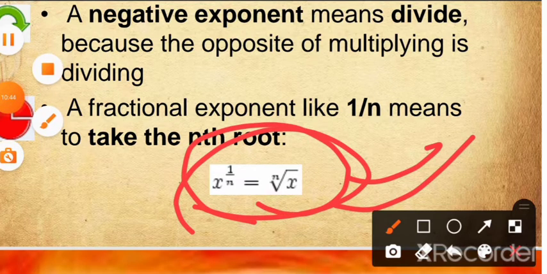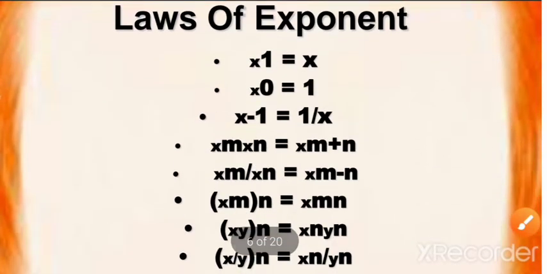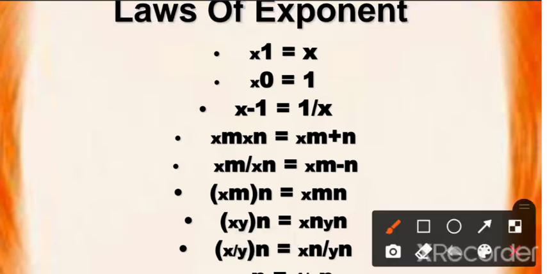So now the next one is the law of exponents. इन लॉ ऑफ एक्सपोनेंट, ये जो आइडियाज़ हमने डिस्कस किए, इन आइडियाज़ के बाद कुछ रूल्स बनाए गए. सो सम रूल्स इम्पोर्टेंट फॉर अस. So in this chapter, we will discuss these ideas. These ideas are the most important for solving questions.